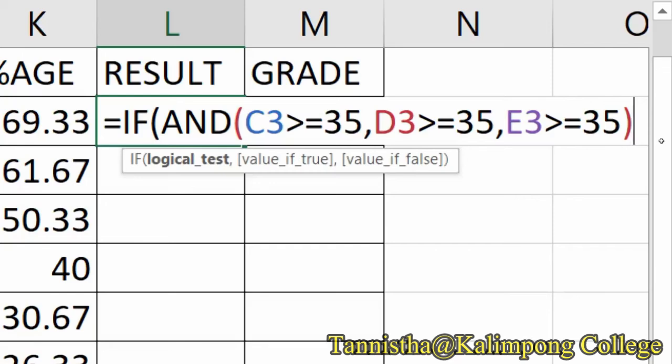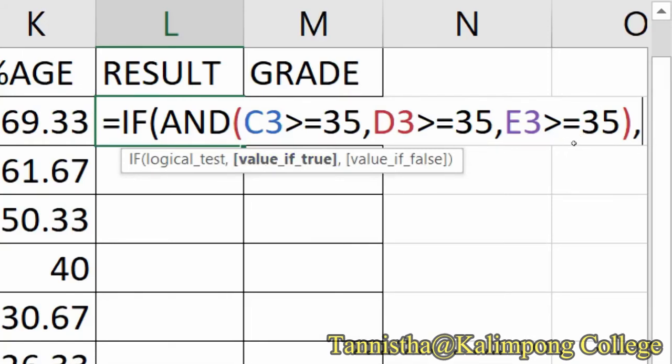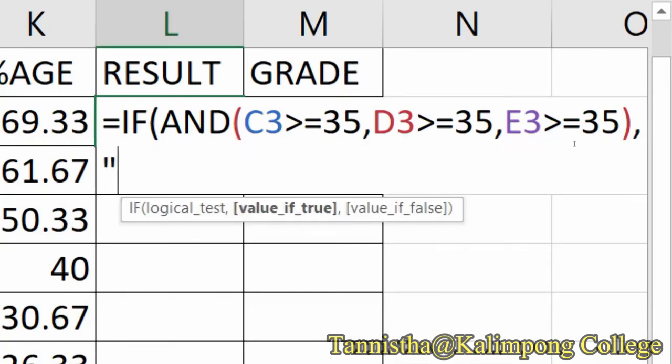So comma represents and, means whether C3 is greater than equals to 35 and D3 is greater than equals to 35 and E3 is greater than equals to 35. These three conditions are compulsory. If these three conditions are satisfied, the result is pass, otherwise fail.